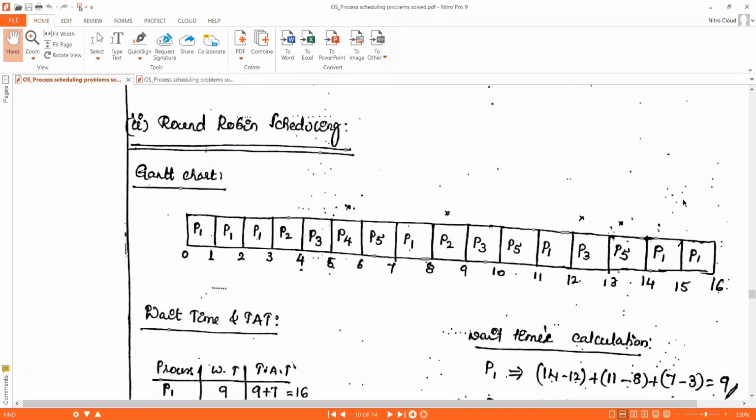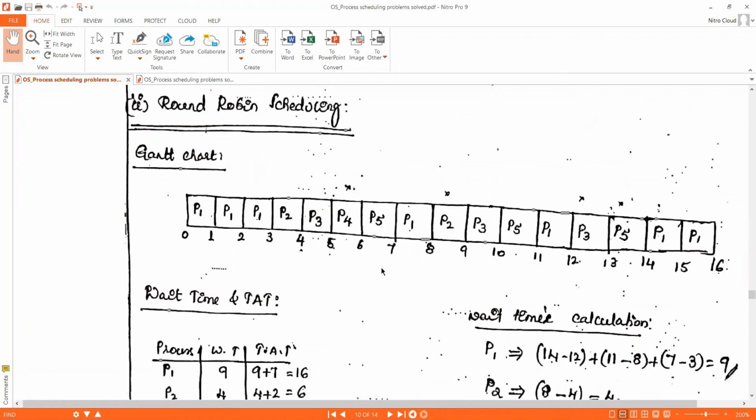After that, again there are no processes waiting in the ready queue, so CPU will be allocated to process 1 only. Next, another 1 millisecond process 1 will be executed by the CPU. By this time process 1 completes its burst time, and process 1 also exits from execution. At clock time 16 milliseconds, CPU has executed all the processes.